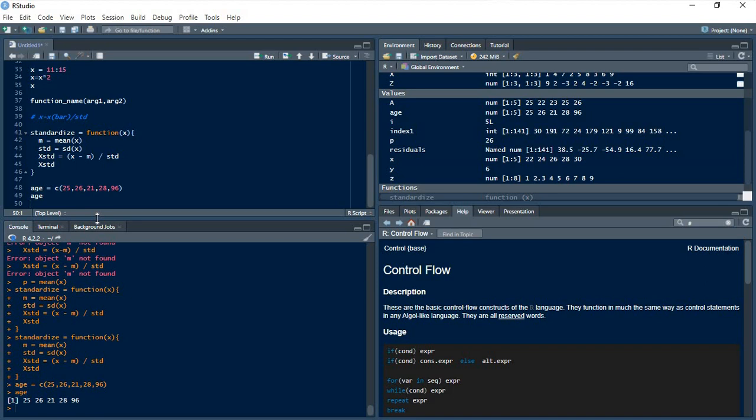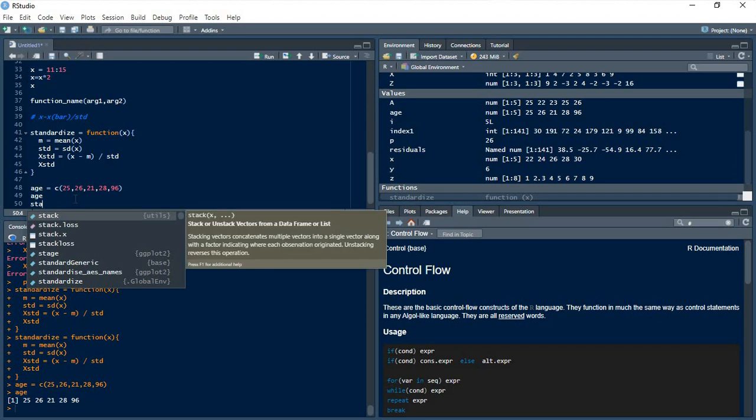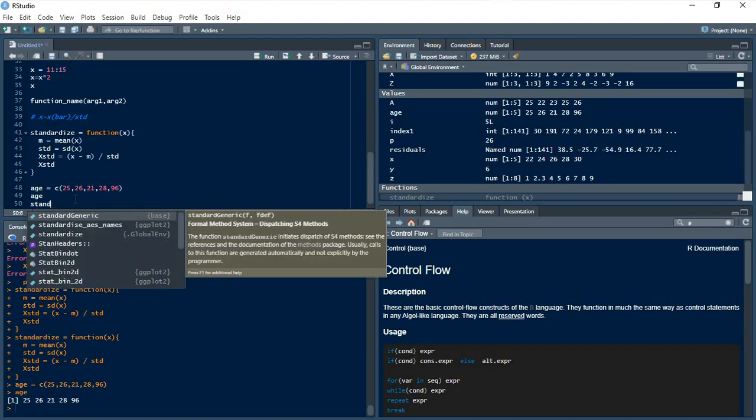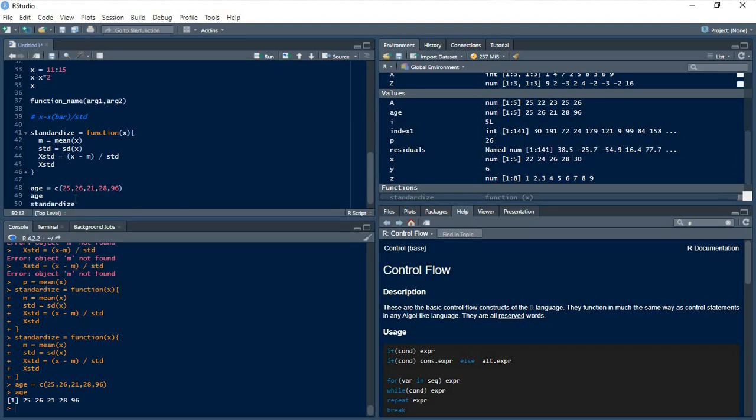I want to standardize the variable edge using our standardize function, this function that we have created. So all I need to do is to call that function, standardize. The way you have written it there, if there is any spelling mistake, then just copy it as it is. So for me, I'll just copy it as it is, standardize, and then you pass